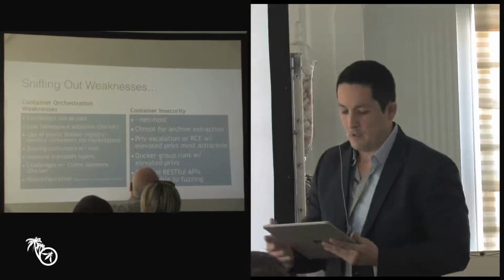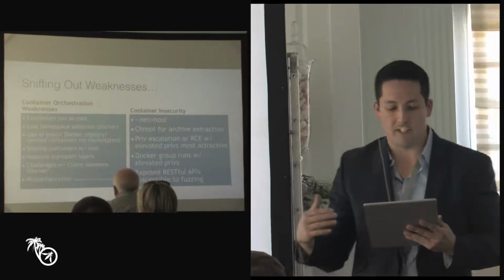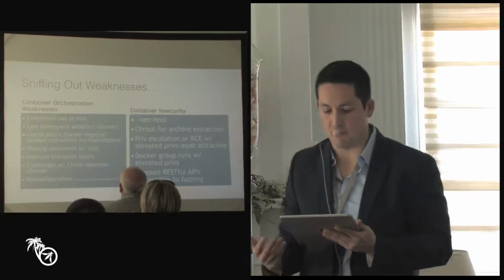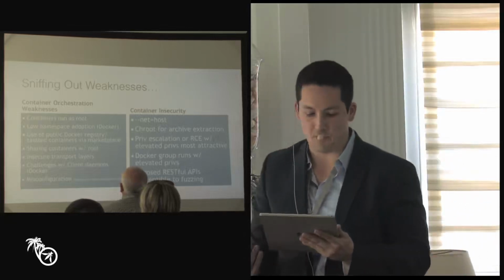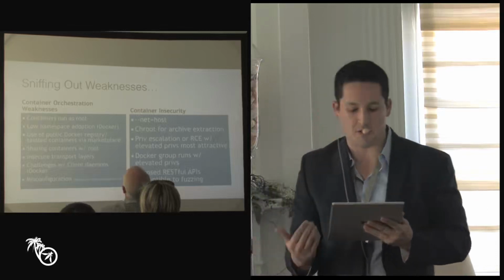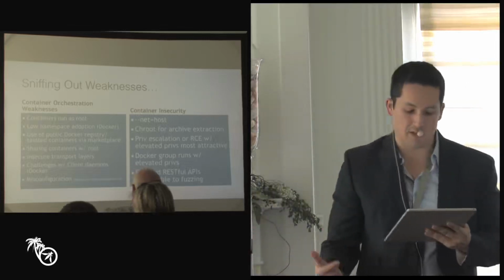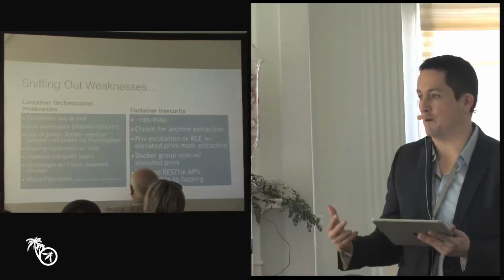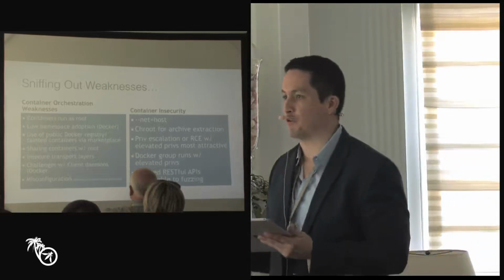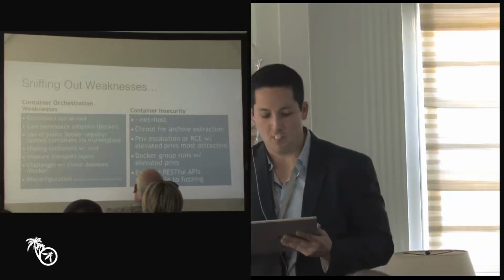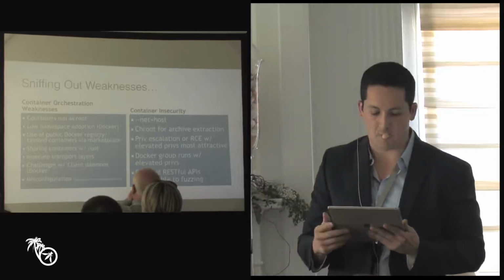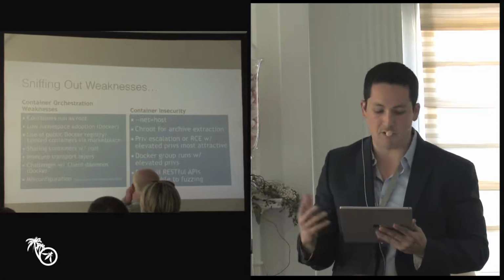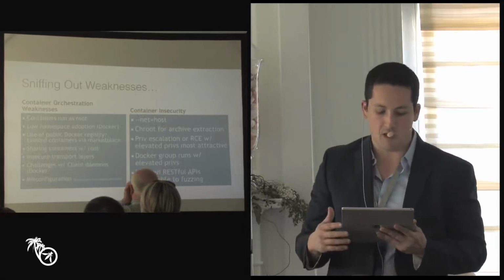Okay, so let's talk about the threats that really need to be supported by weaknesses here. The weaknesses in orchestration are the following: containers run as root and there's low namespace adoption in Docker. And up until recently, up until the new version, there's no user namespace. There's no user control in terms of assigning different users for your Docker container. Containers are oftentimes shared with root, and there are insecure transport layers associated with this.